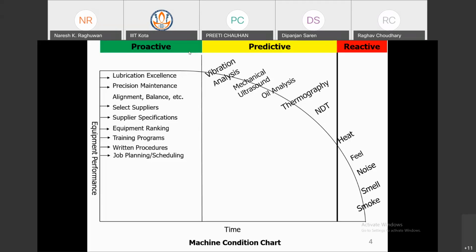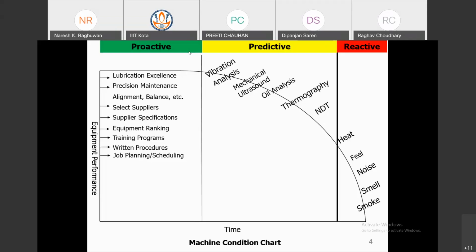So these are the condition monitoring techniques, basically for detecting or diagnosing the fault. These are the techniques we apply, but in this case the machine is not stopped. Okay, so the machine is working, but we analyze these signatures to see whether the machine is working properly or not.